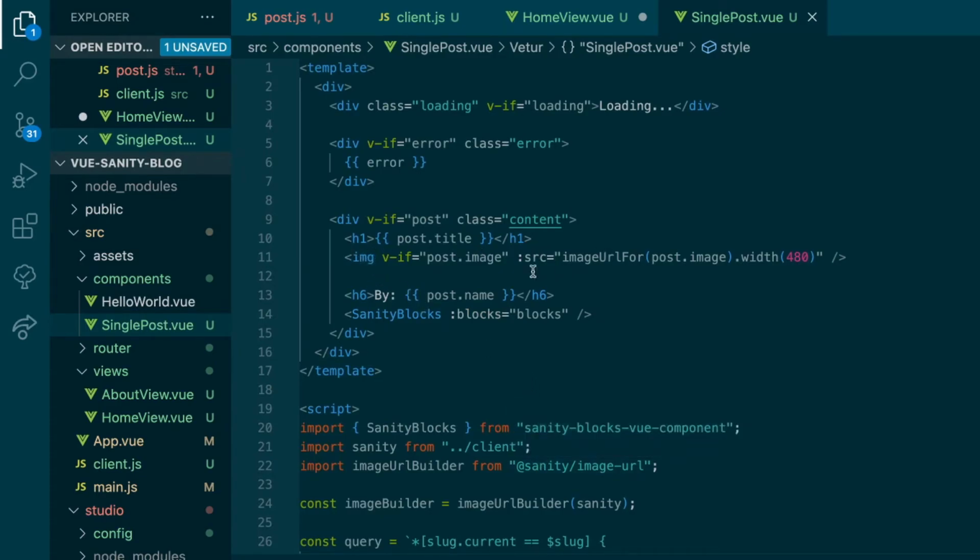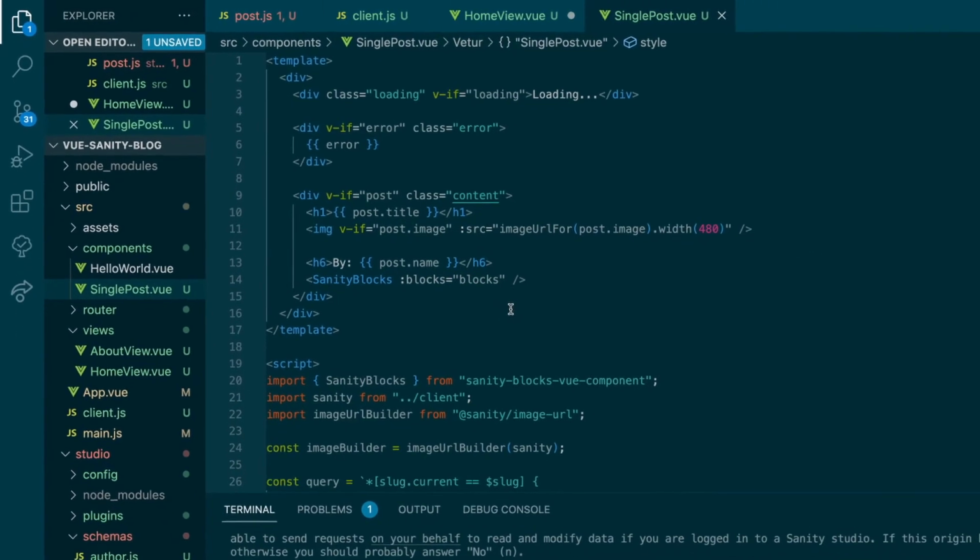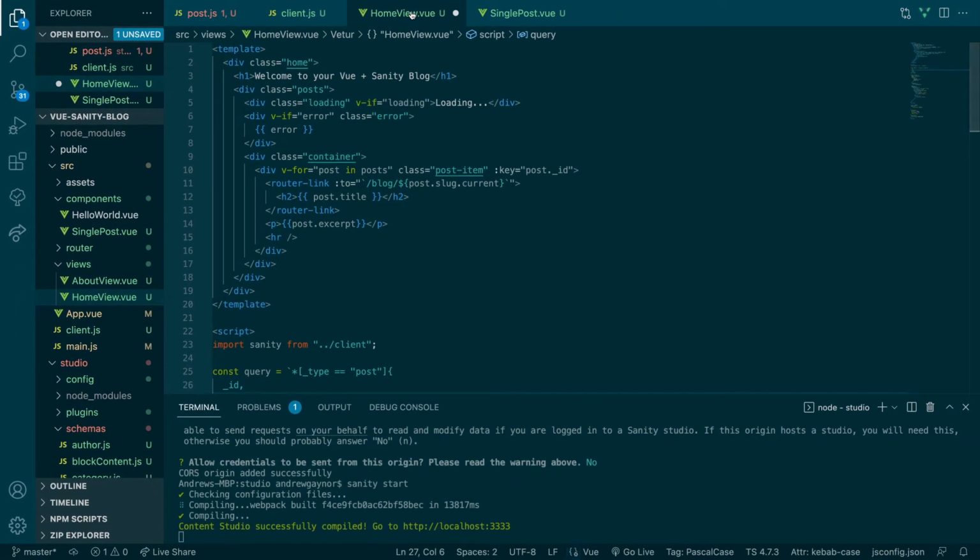So we have an image here, we have the v-if, so if there is an image provided, this image URL, we pass in the image. We have the post title and post name, and then the Sanity block, so this will be the content of the post I was talking about earlier. So if we save this too,